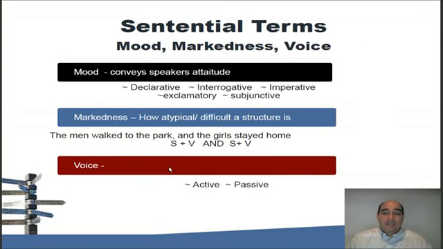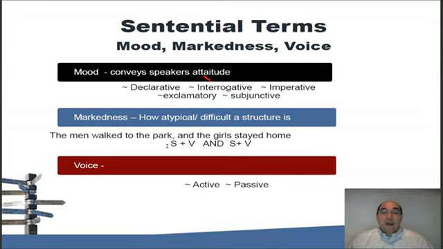Sentences also have things like mood, markedness, and voice. Mood conveys the speaker's attitude. Okay? And there's a typo there. Look at that. You can have a declarative type of mood where you're making a statement. An interrogative where you're asking a question. Imperative where you're making a command. Exclamatory where you're being very emotional, you're being very woohoo, or very angry, all right? And then subjunctive is where you're not exactly conditional, but you're theorizing the possibilities of things, or that